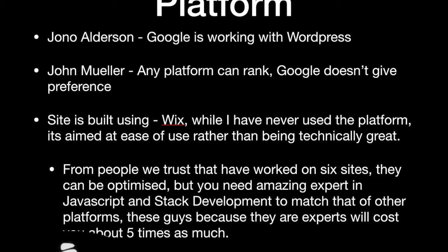But this site is built using Wix, and I've never personally used the website. I've been told it's great if you're not a techie or a developer, and if you just want to get a website up quick and easy. So great for small local businesses that don't really have resources. And from speaking to a couple of people that I know that have done SEO on Wix, it can be optimized pretty well. You just need an amazing expert in JavaScript and stack development